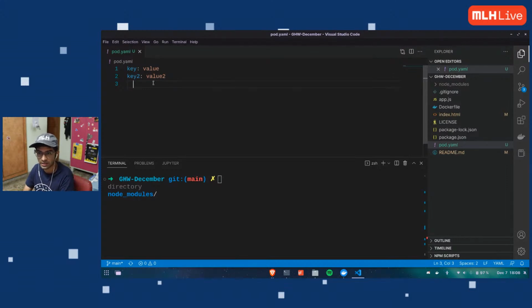So I give the tab space, and if I add something like food, if I add apple or fruit, this fruit apple key value pair is inside key 2. So that's how it goes. Just like how in Python we put if and we put some condition, a greater than 0, and then we put a colon, and then we put a tab. So that means it's inside the condition, or if it's outside, it's outside the condition.